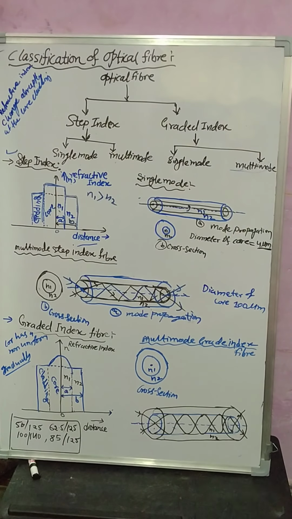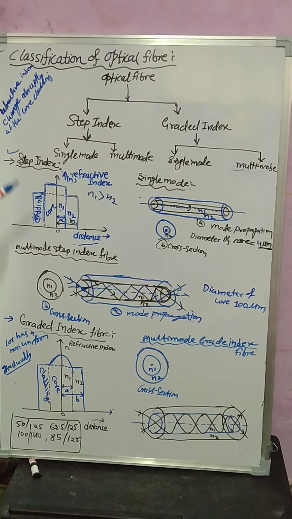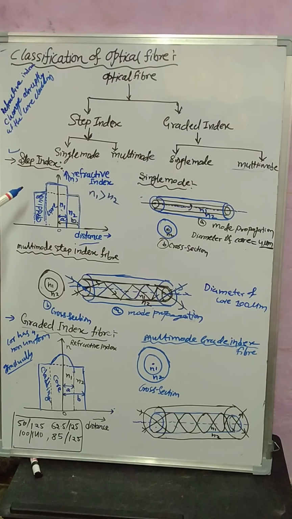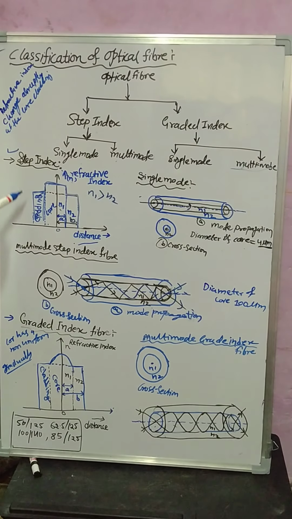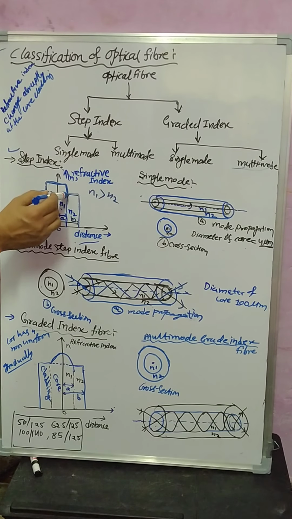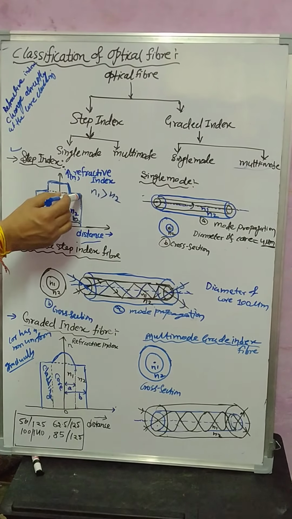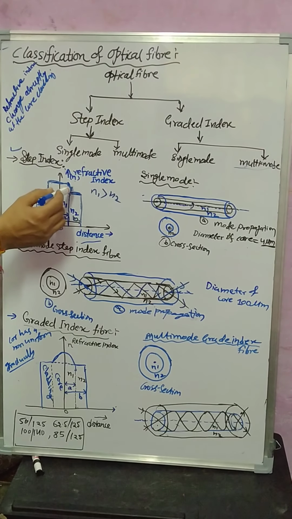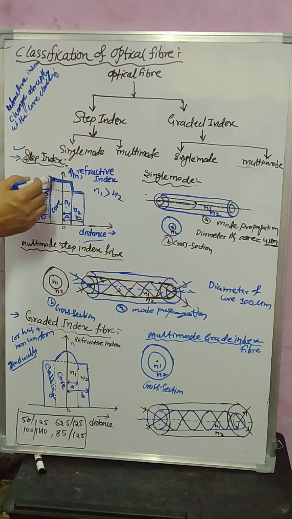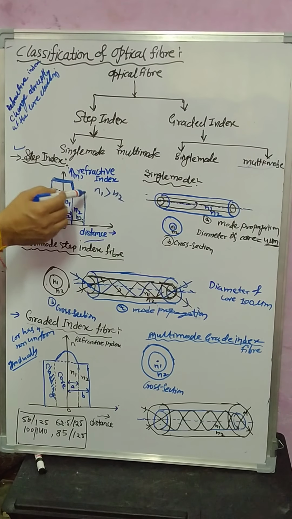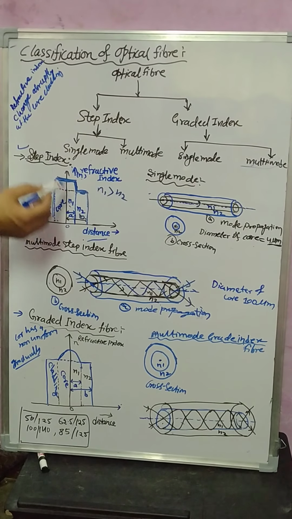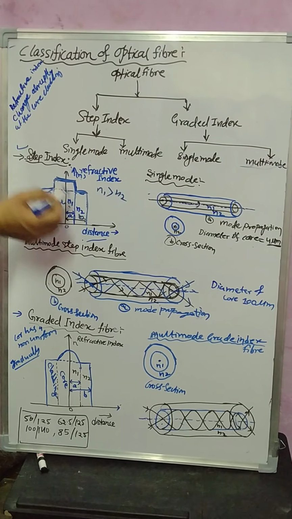Core and cladding. First, define the refractive index. The refractive index changes abruptly at the core-cladding surface. It changes abruptly, in the form of a step. This thing is a step, and it is called the step index. The core and the cladding are each uniformly distributed, but the interface changes abruptly.